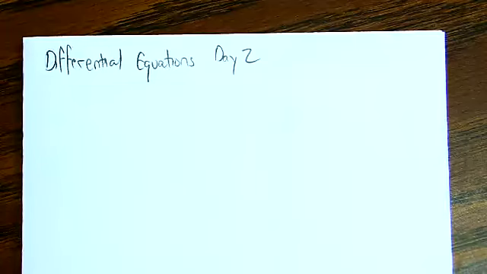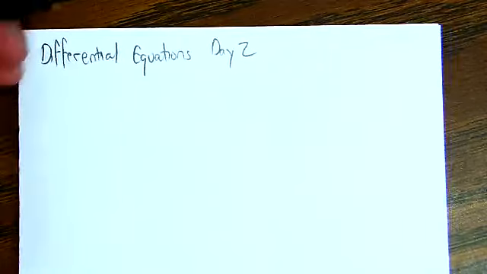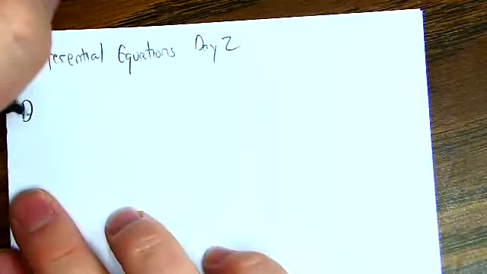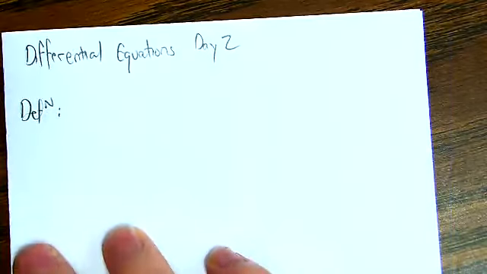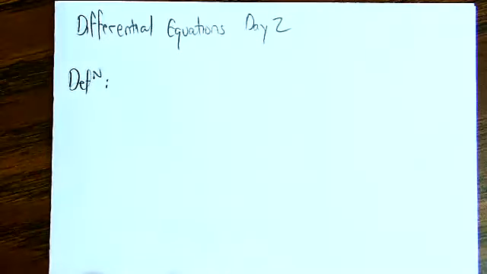Welcome back to day 2 of differential equations. We just got done talking about slope fields and direction fields and autonomous differential equations, what that meant for our slope fields or direction fields, and classifying the critical points of a differential equation. So now, continuing our tour of topics from calculus,